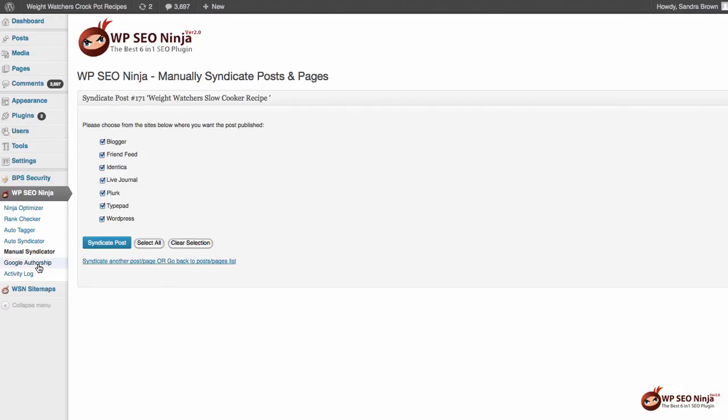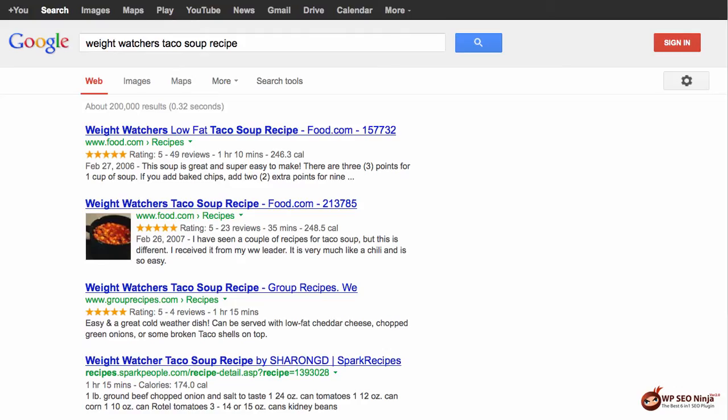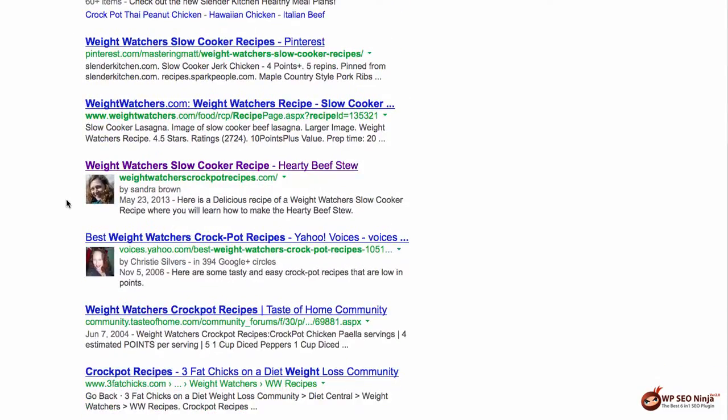Then we move on to Google authorship. Under Google authorship, we have again the settings page where I've covered in detail in the tutorial section what you need to do. But what this part of the plugin does is it approves you as an author in Google's eyes, and this is what happens once you become a Google author. So if you can see, there is a small little image. This is a pen name for this particular project, Sandra Brown, and I've become an approved author, and that's why this image is showing up in the search engines